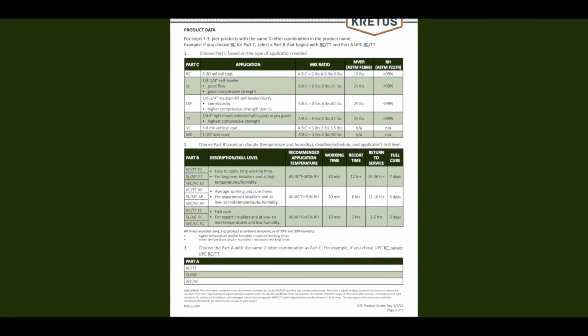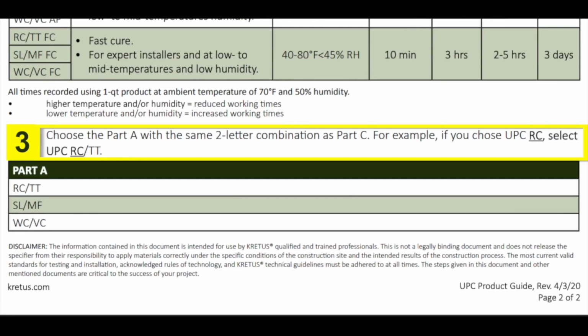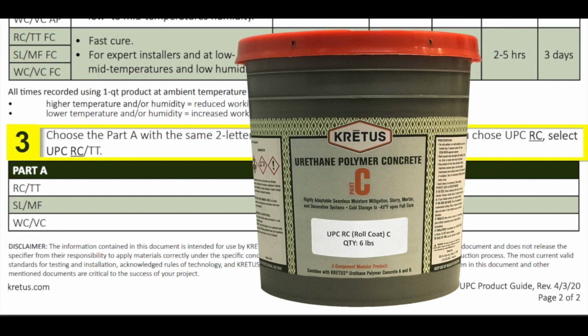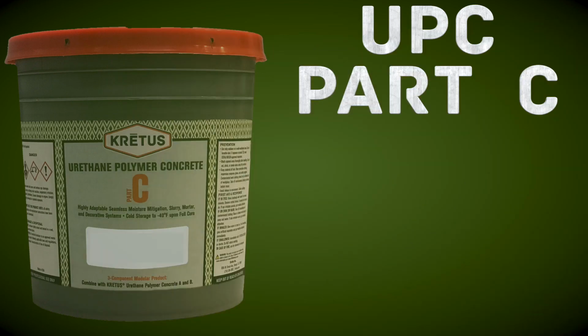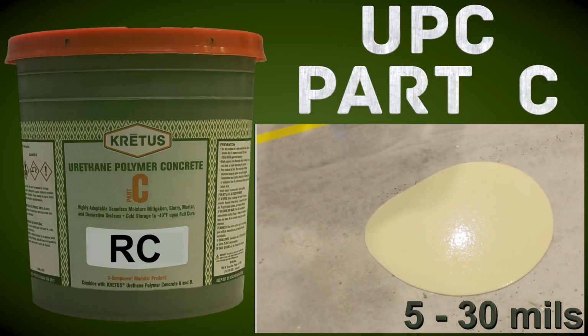Chart 3 is our Part A's. Choose the Part A with the same 2-letter combination as Part C. For example, if you choose UPC-RC Part C, select UPC-RC-TT Part A. Taking a closer look at the Part C's, RC roll coat is installed at 5 to 30